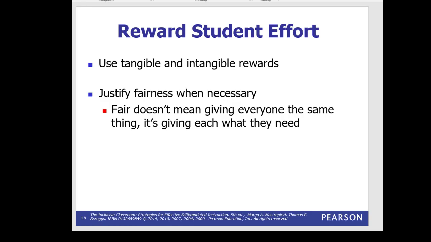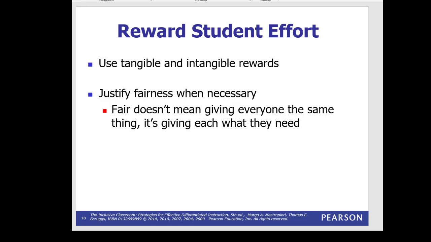We can have people that are working on more advanced levels of things. We can have people that are working on more basic levels of things. In the instance with emotion and behavior, we could have kids that are working on things that have nothing to do with the academic subject, but they're working on behavior things. They're working on emotional things. That is not something that everybody in the class needs to work on.